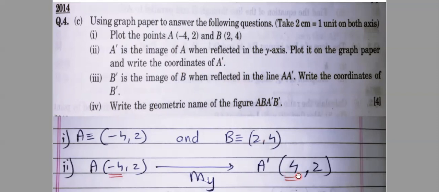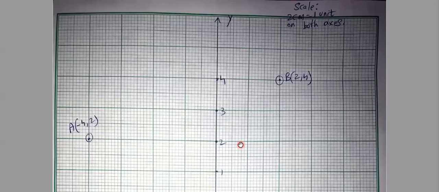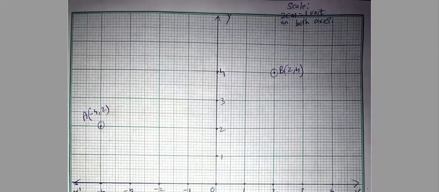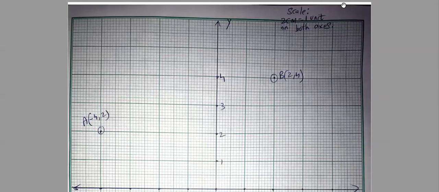So now what all things can I plot on the graph paper? First thing, I need to plot points A and B on the graph paper. Let's get back to the graph paper. We have a graph paper here on the screen. Hope you all can see this clearly. We took the scale as 2 centimeter as 1 unit, meaning one big box having value 1.